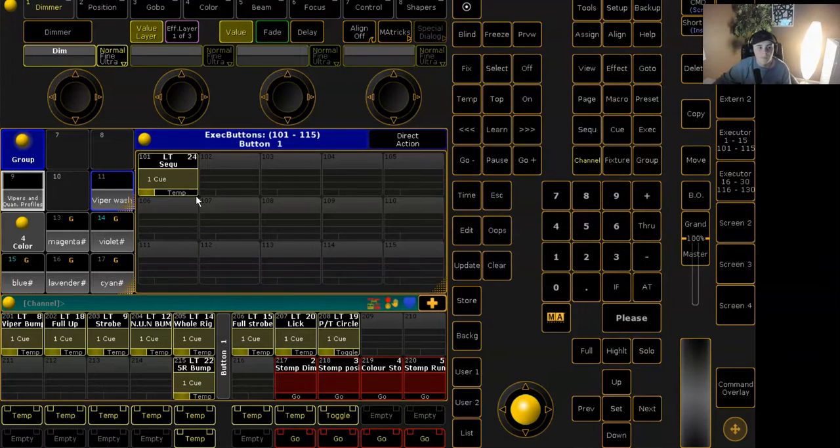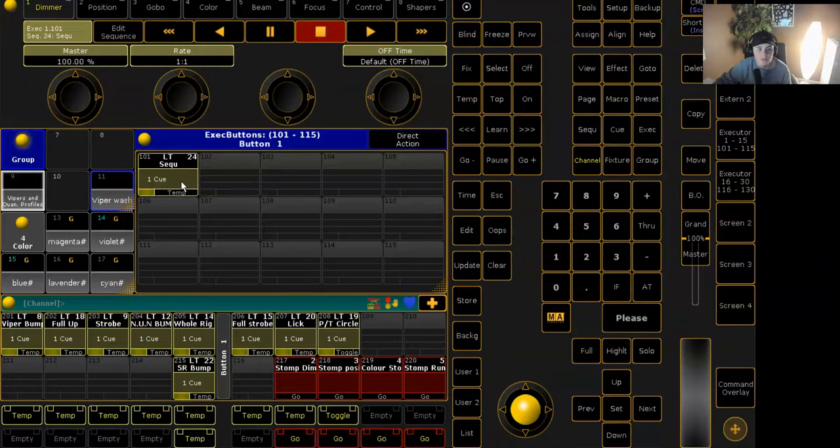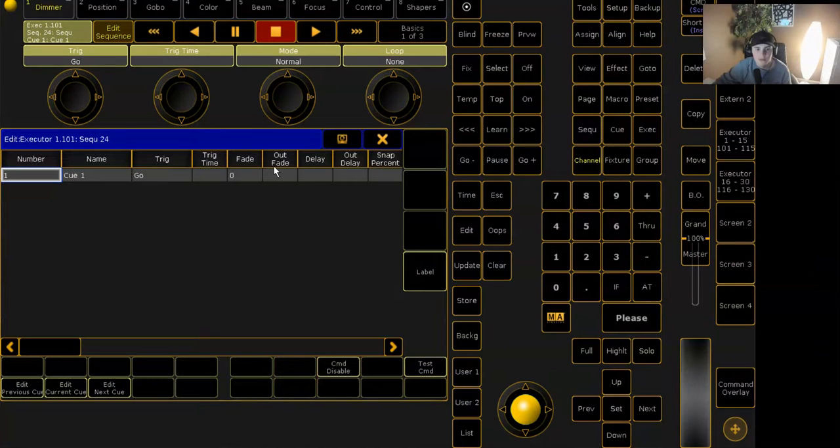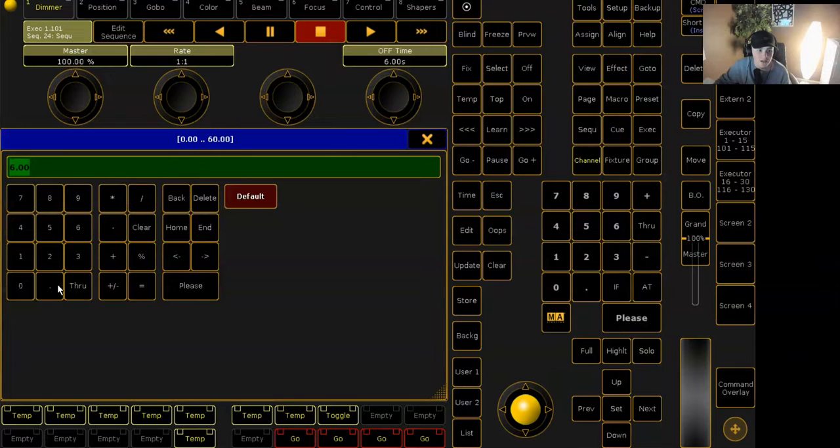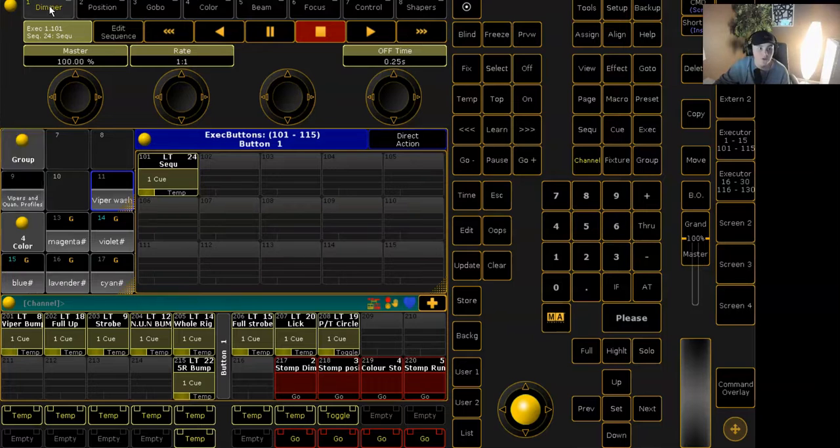If you click on the little green bar there, then click on X, then, oh yeah, over here, default off time, which on a console I think is 5 seconds, but on this I'm pretty sure it's 0 seconds. So what we can do is put this at 0.25, and then now if we retry this again,